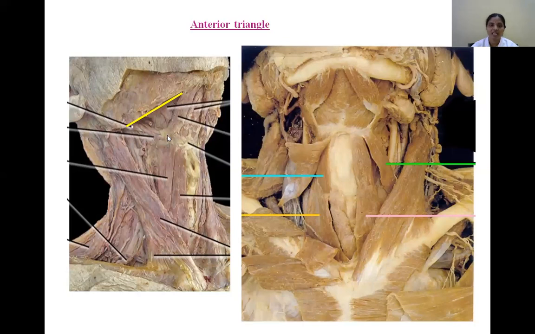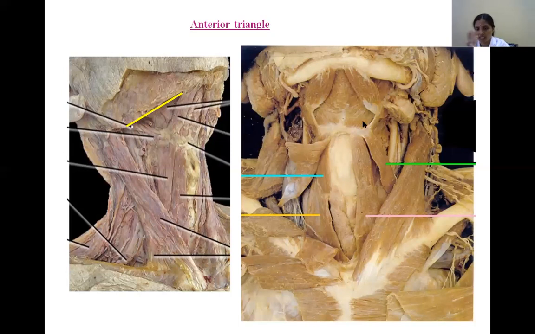What is the function of this digastric? It is an elevator of the hyoid bone. So as an elevator of the hyoid bone, that muscle should be attached or anchored to the hyoid bone. How is this digastric anchored? Here you identify, all of you see this cursor, a white line. That line represents a fascia in the form of a loop. What is this? A fascial loop, derived from the investing layer of the deep cervical fascia.